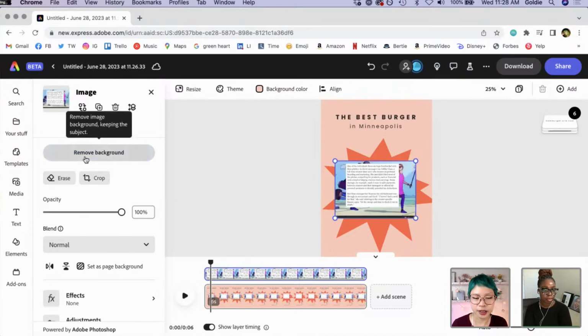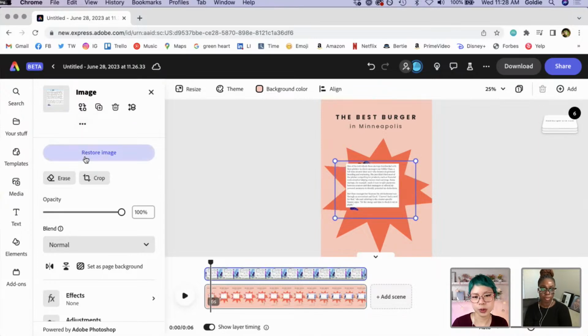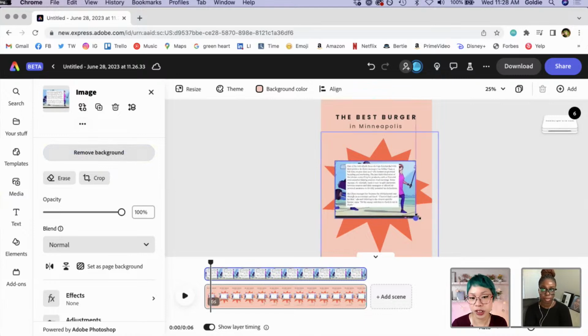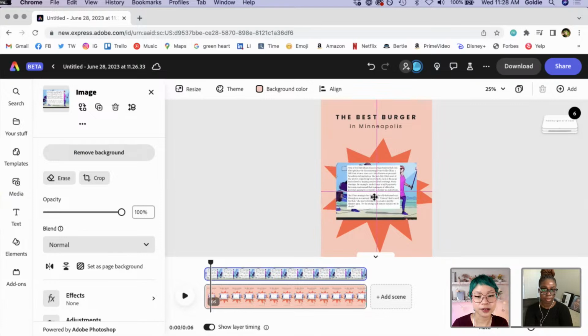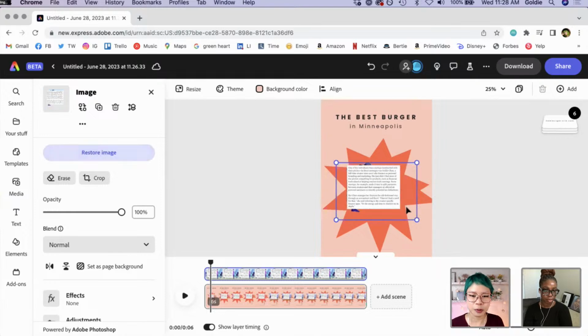So if you ever get a screen cap that has a lot of stuff around it like this, and you don't want that stuff, you just boop. And same thing, obviously, if you have just an image of yourself or something else, it's so easy to remove it. It's a one-click thing. In fact, I'm going to remove background because we can. And then this is now this beautiful thing.